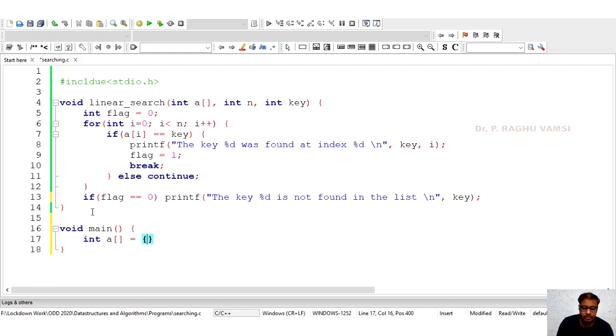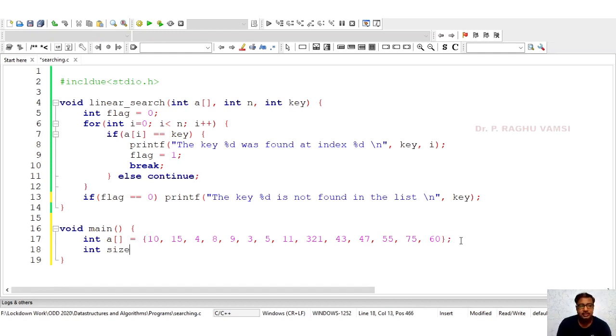So what I will do is 10, 15, 4, 8, 9, 3, 5, 11, 1, 321, 43, 47, 55, 75, 60. So these are the elements I am going to use.